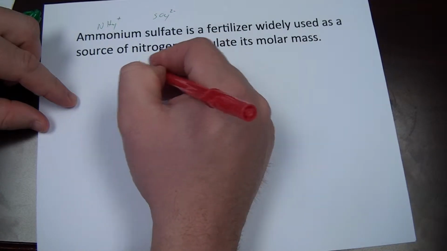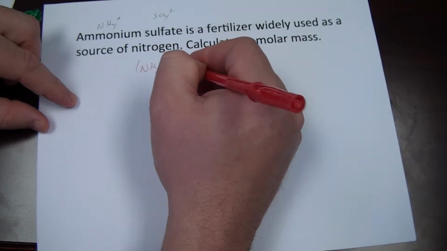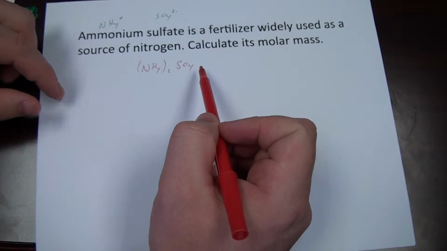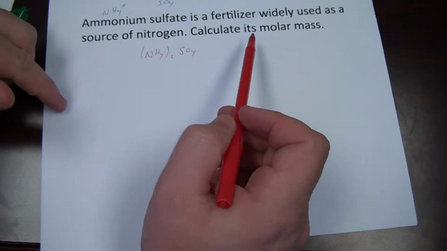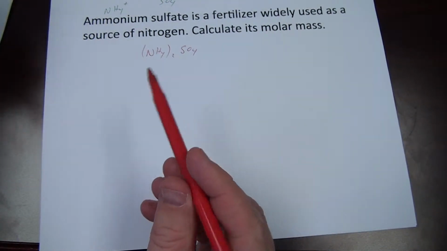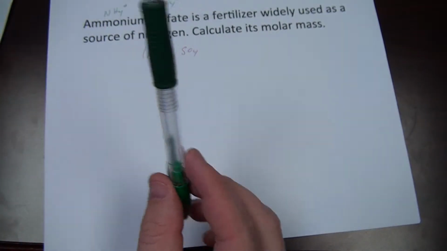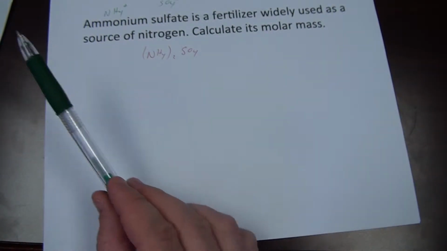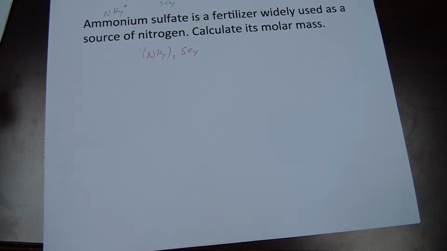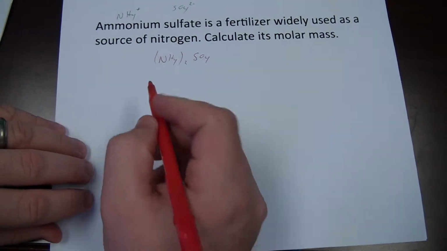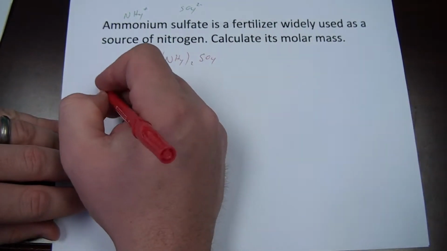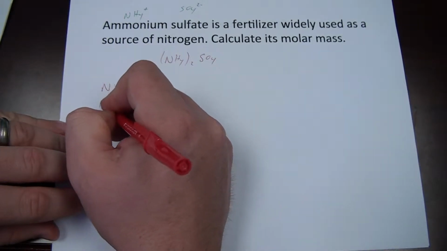(NH4)2 SO4. So then we have to break that down. Calculating molar mass is just like calculating molecular mass, but now we're using grams per mole instead of grams or AMUs. So the elements that we have in this formula are nitrogen, hydrogen,